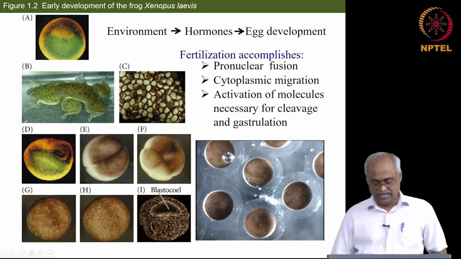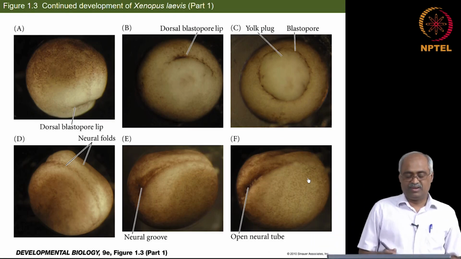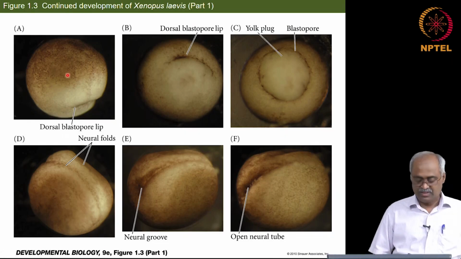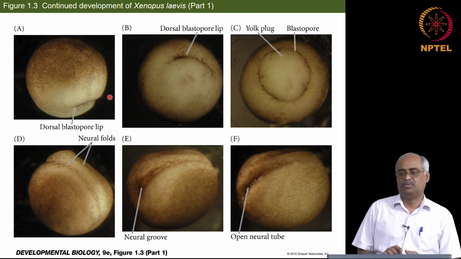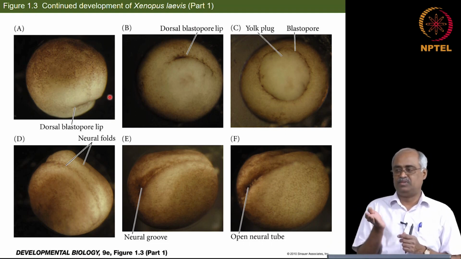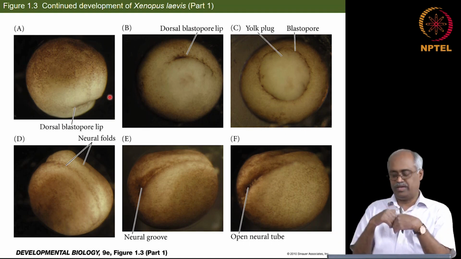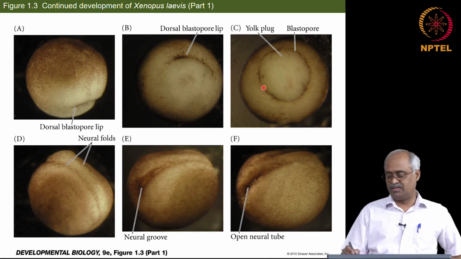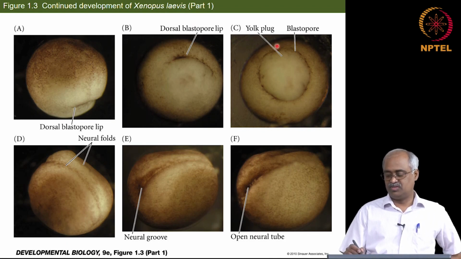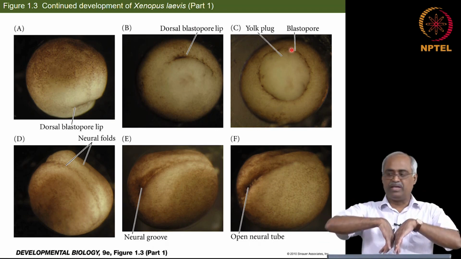So, the next is gastrulation. Let us look at that. The starting point is the formation of a depression called the blastopore. Okay. So, it is basically invagination, where the cytoplasm and the membrane start to go in, and this continues and forms a circle-like structure, where the cells actively move inward into the embryo.